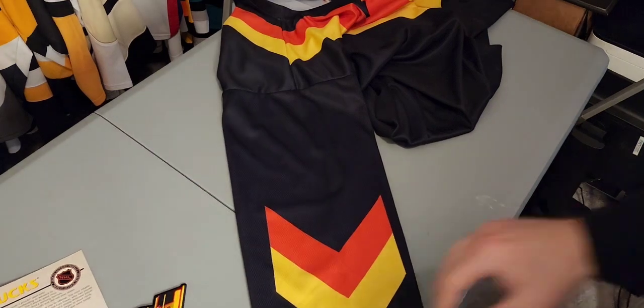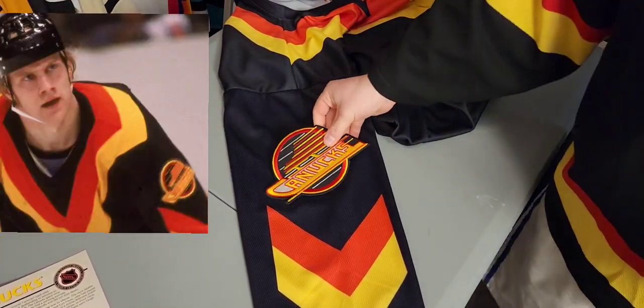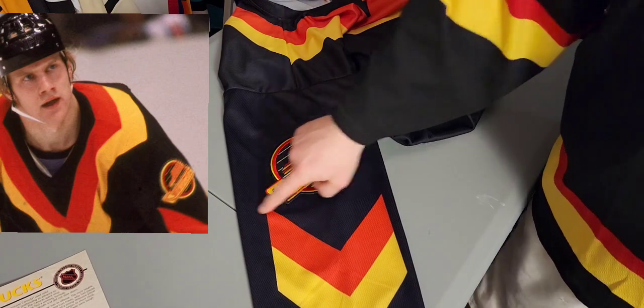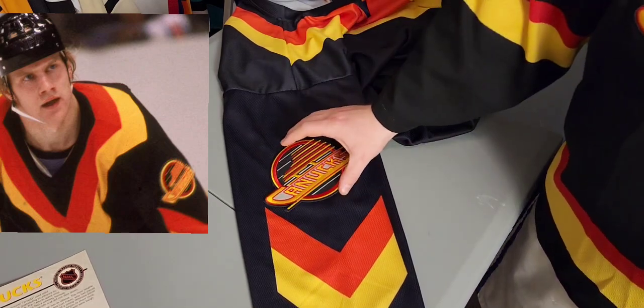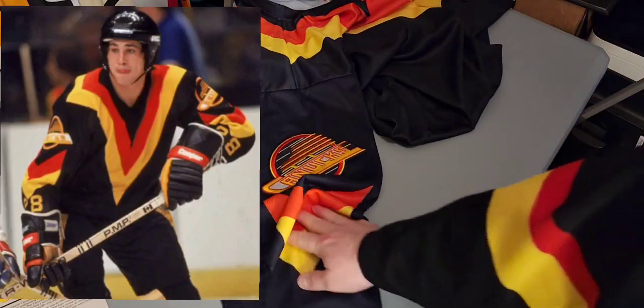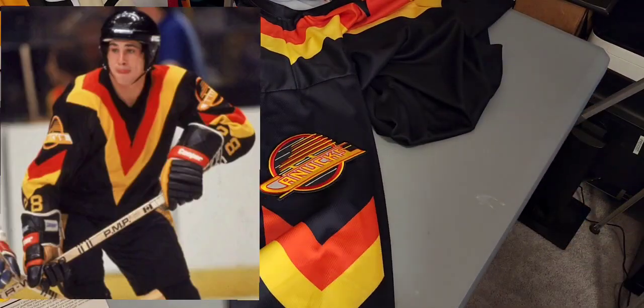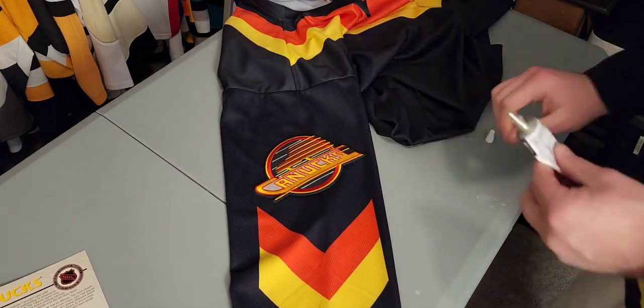All right, I looked at bunches of these jerseys for reference, and it seems like the logo goes right about there. It's just above the V, certainly in between. And you can see when you do that, even very close, it takes up most of the space, which is why the numbers were down here at the end. Part of what makes this so ridiculous. So let's put this down. I'm going to do one sleeve at a time,